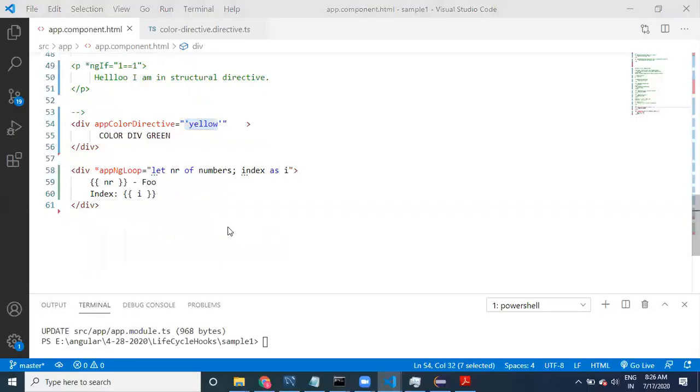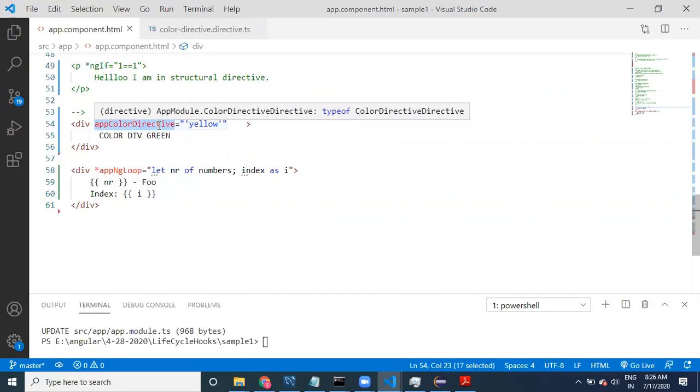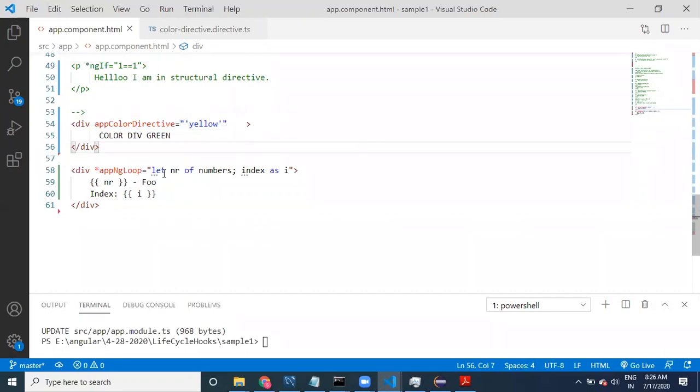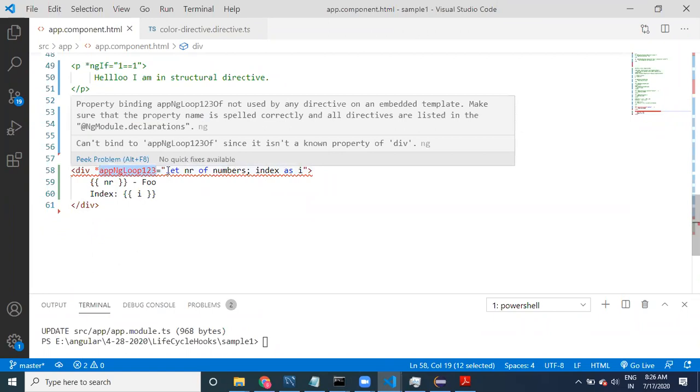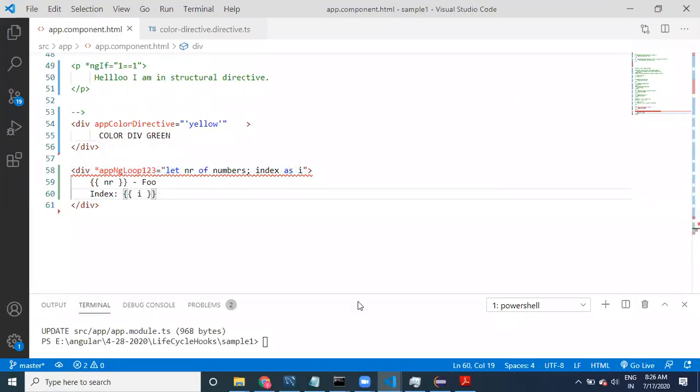But coming to the structural directive, if I provide something differently, it is going to give you an error. I will change this property. It says unknown property.